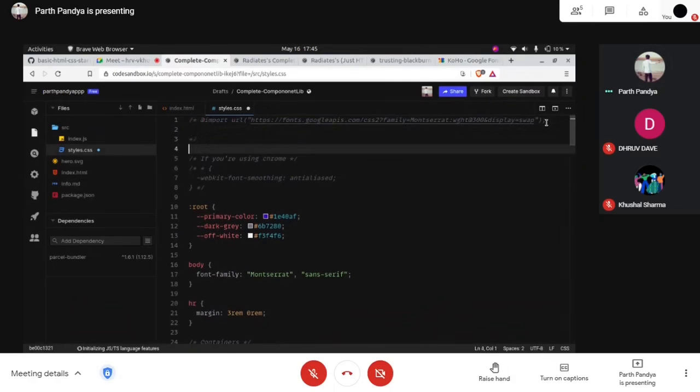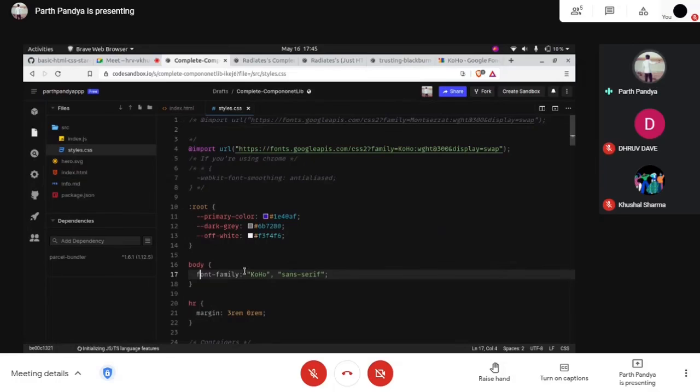Okay, at the top here I have pasted it, and I have commented out the other one. And inside this font family, instead of Montserrat, I am using Coho. So this is sans serif. So how does this font family property actually work?